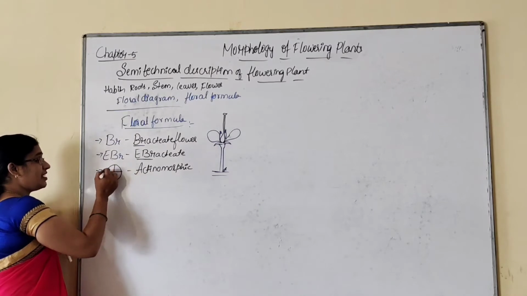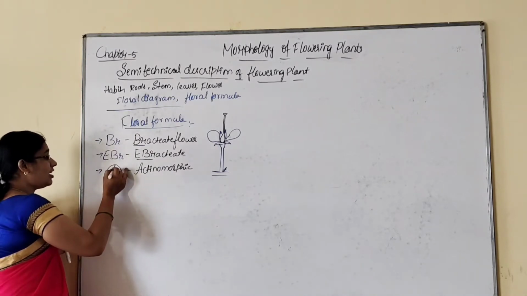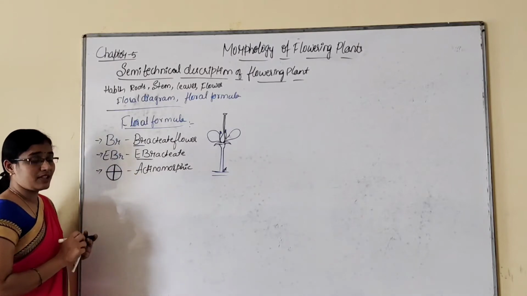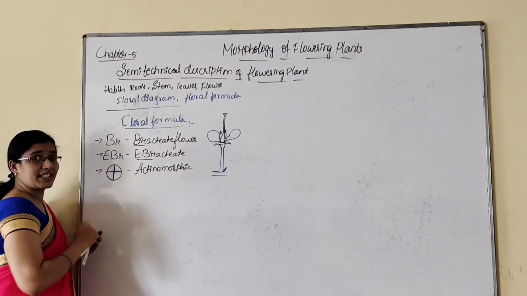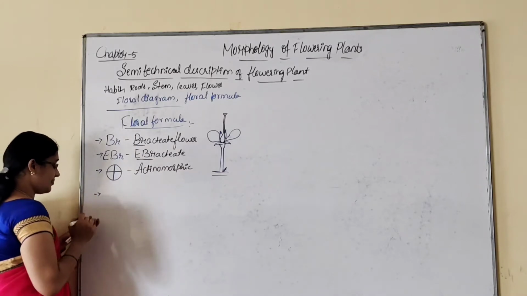In the sense, this flower can be cut into two equal halves on any vertical plane. So this is the symbol for actinomorphic. And for zygomorphic flowers,